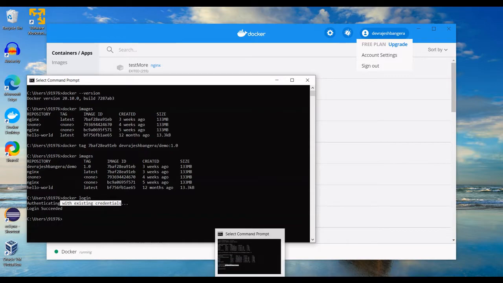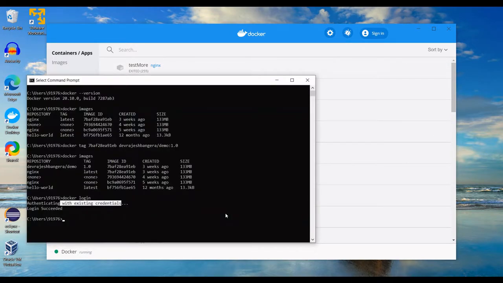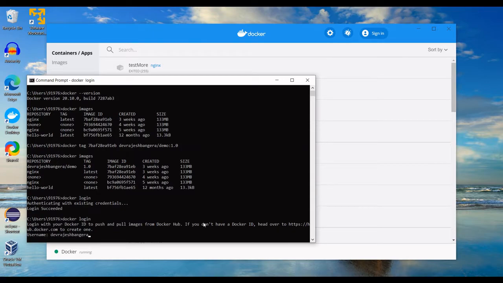So what I will do is sign out from here. I have signed out, and then I will try docker login. Now it is asking for a username, basically the credentials. So I am inserting my credentials now.